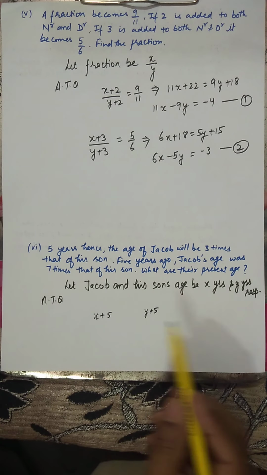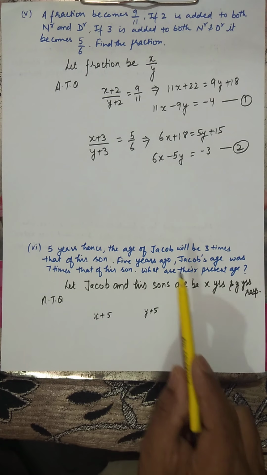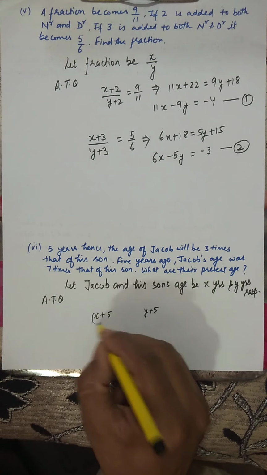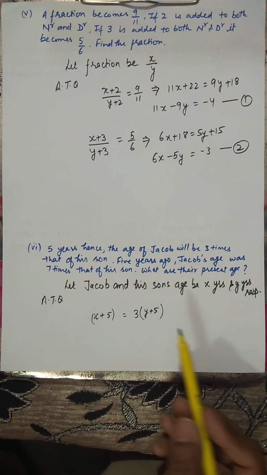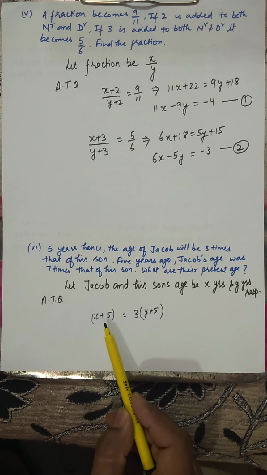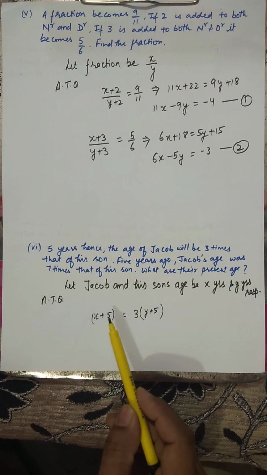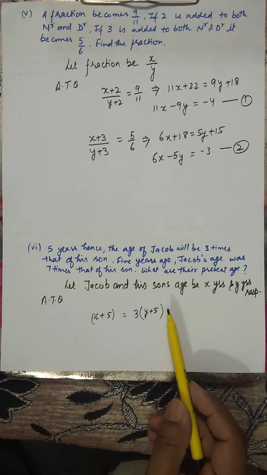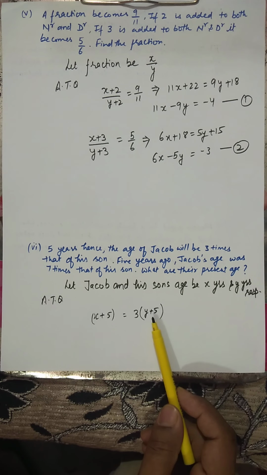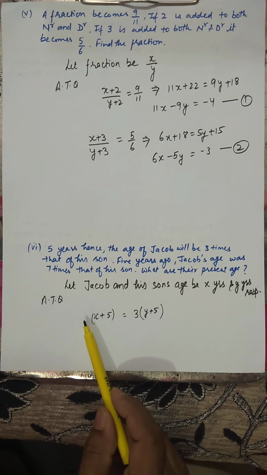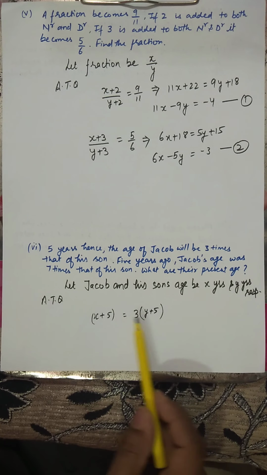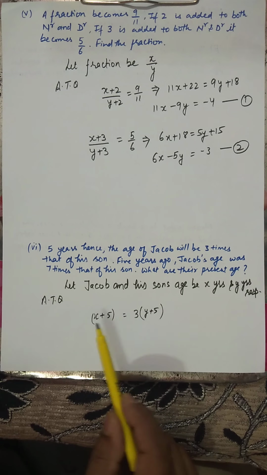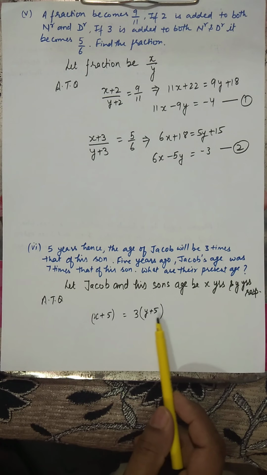Now we have to see what condition is given so that they can become equal. That Jacob's age will be 3 times of his son's age. You always remember, some of the students multiply 3 here. But see, this is the father's age. The father's age is already more, and this y plus 5 is the age of the son after 5 years. So this is already smaller. If you multiply here by 3, it means you are making a bigger number even bigger. So how can they be equal? Equal you can obtain when you multiply the smaller one by 3.